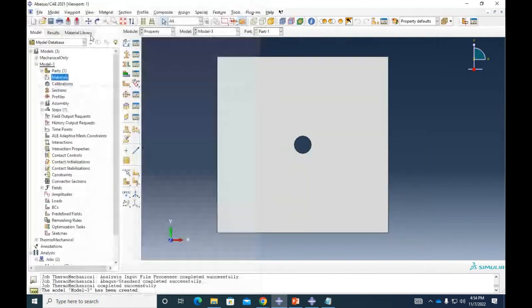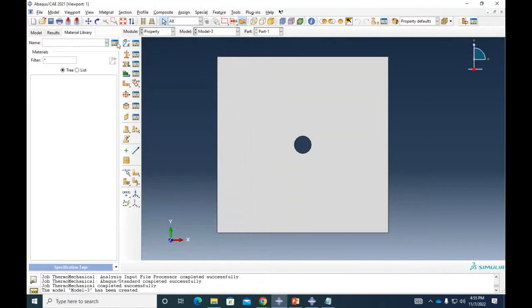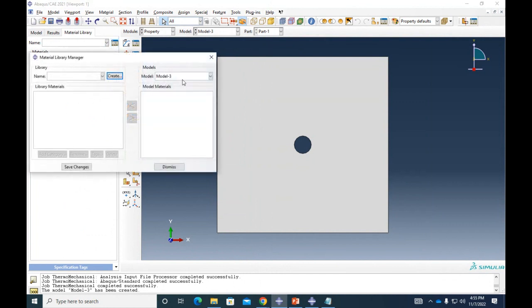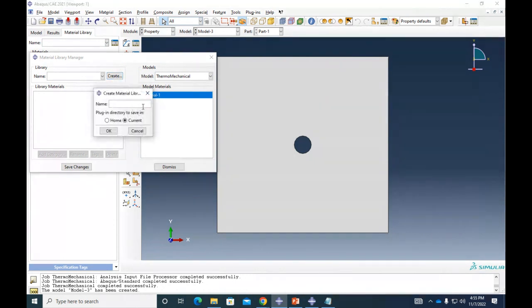I'm gonna create a material. Let's see if I can copy the material from here. So material library. So I'm gonna steal that material. So let's create a material library.